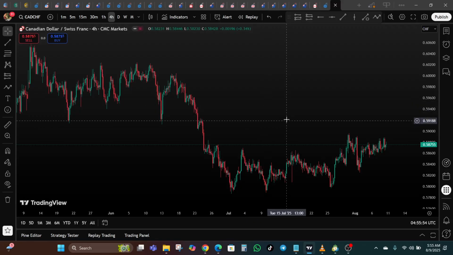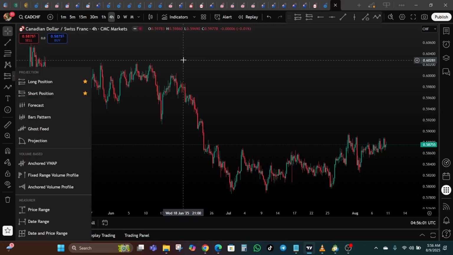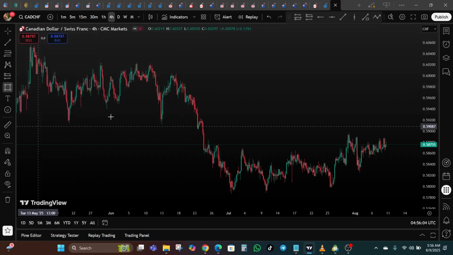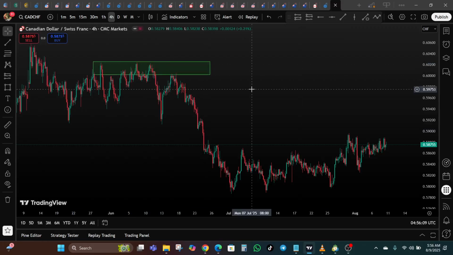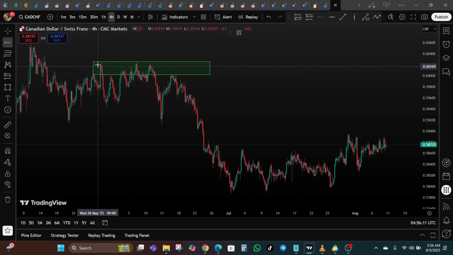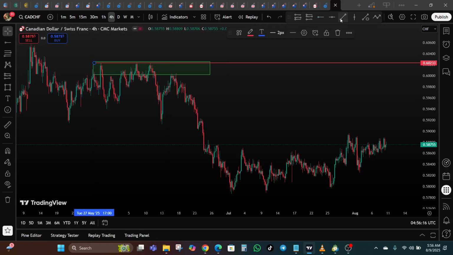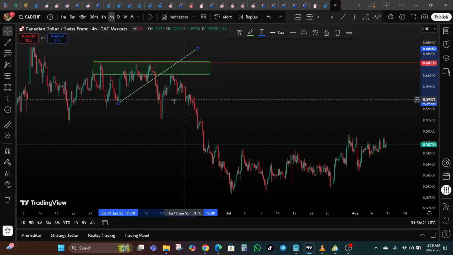Now, let us say you have a $100 account, and you found a good move in the market. Let's say you spotted a key resistance zone, and then you even spotted a break from a bullish trend line, and perhaps price came back, retested your breakout zone, you got your confirmation, and then you finally wanted to enter your trade.